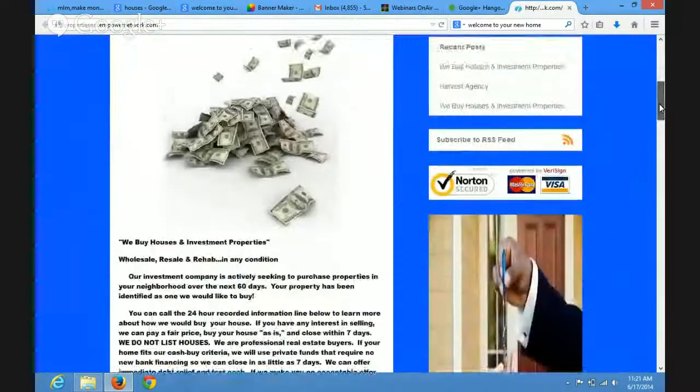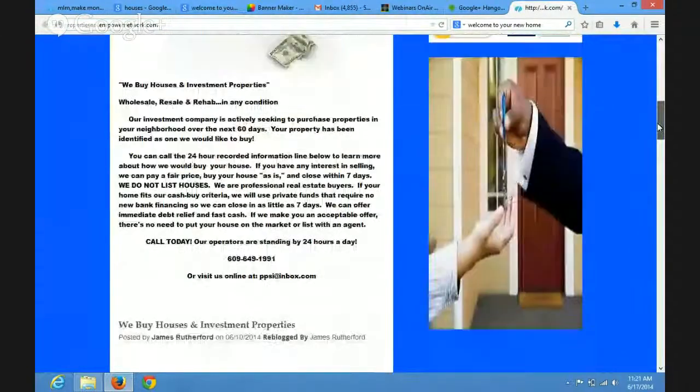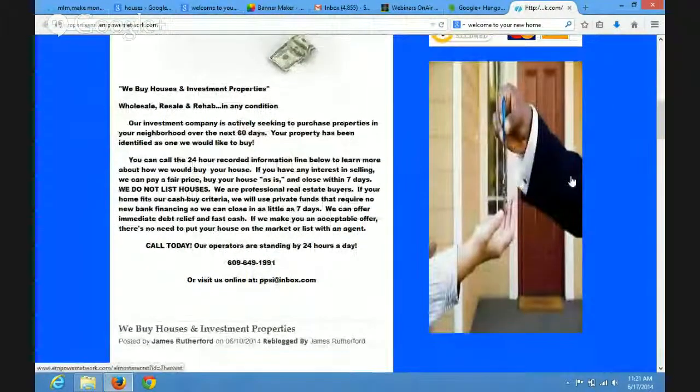It's a real estate blog, and you can see how stretched this picture is up top. What happens is you want to fill this whole area, so you stretch the picture to fit that size, and that's what I would normally do also until I learned how to do these